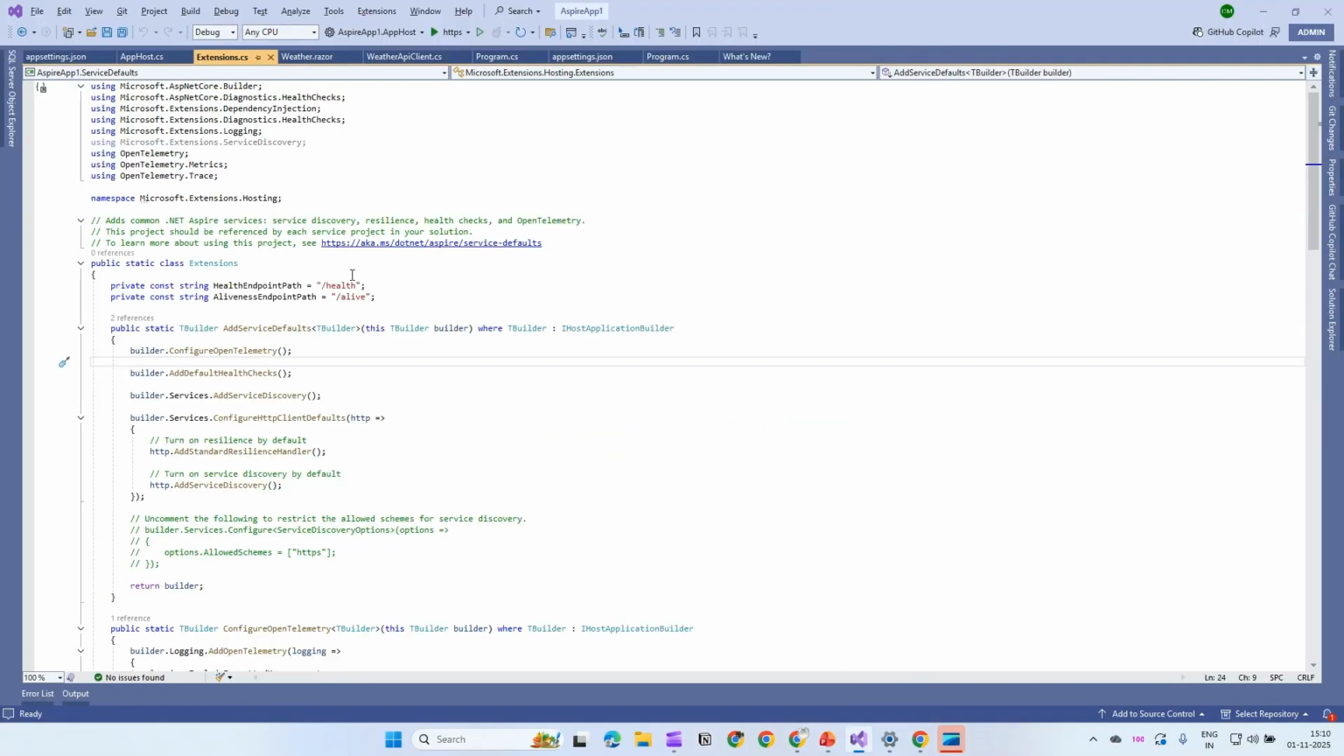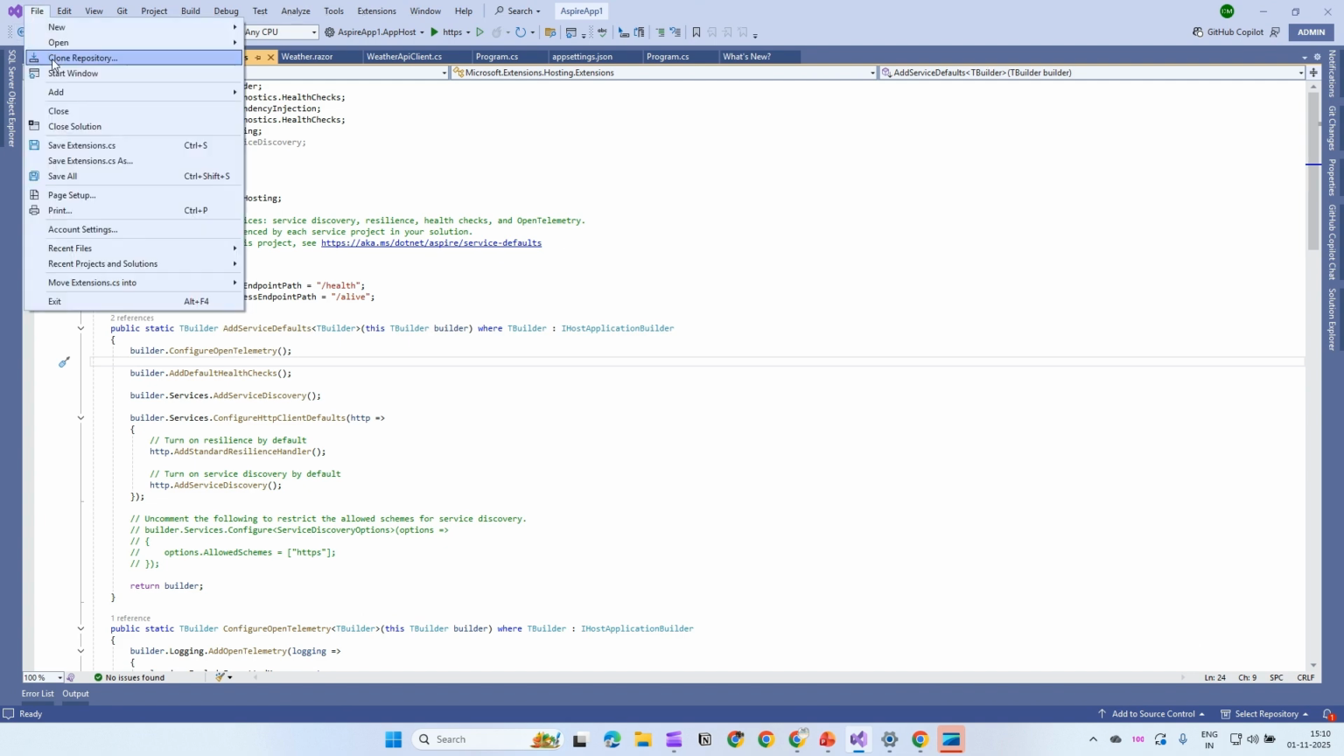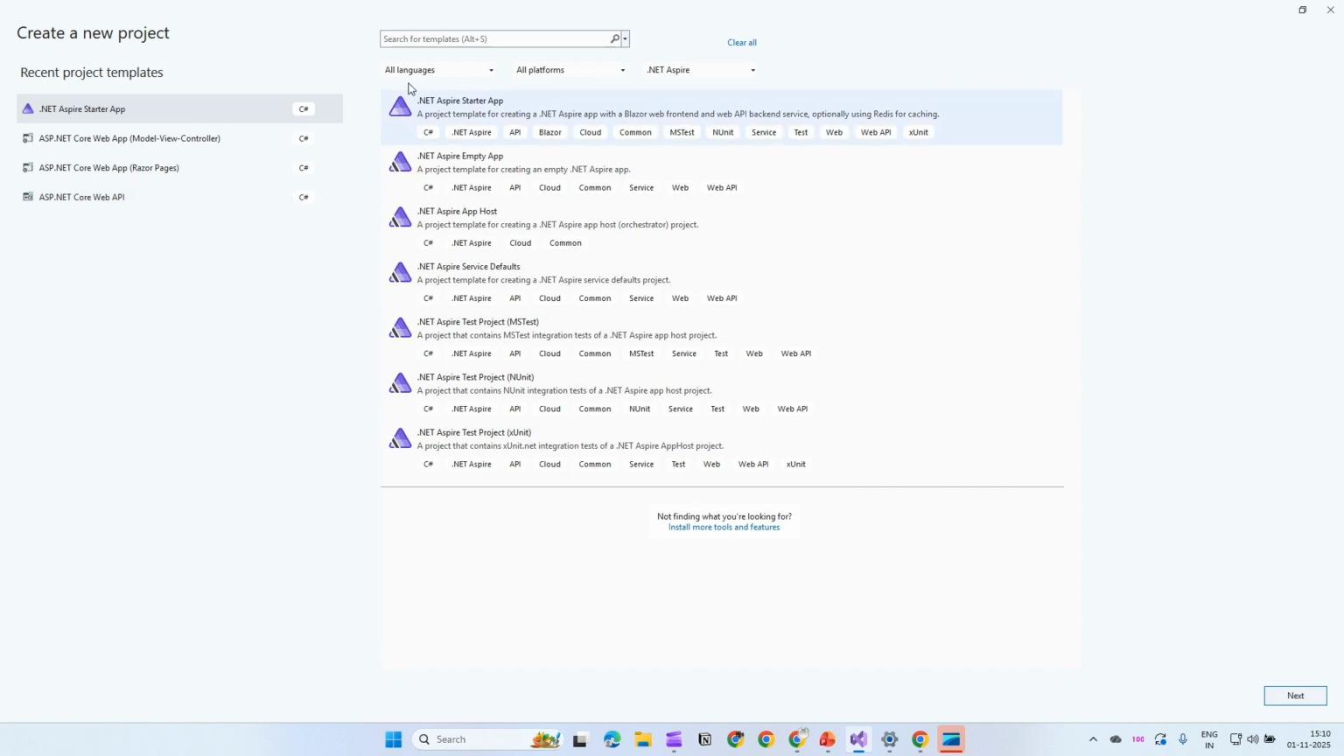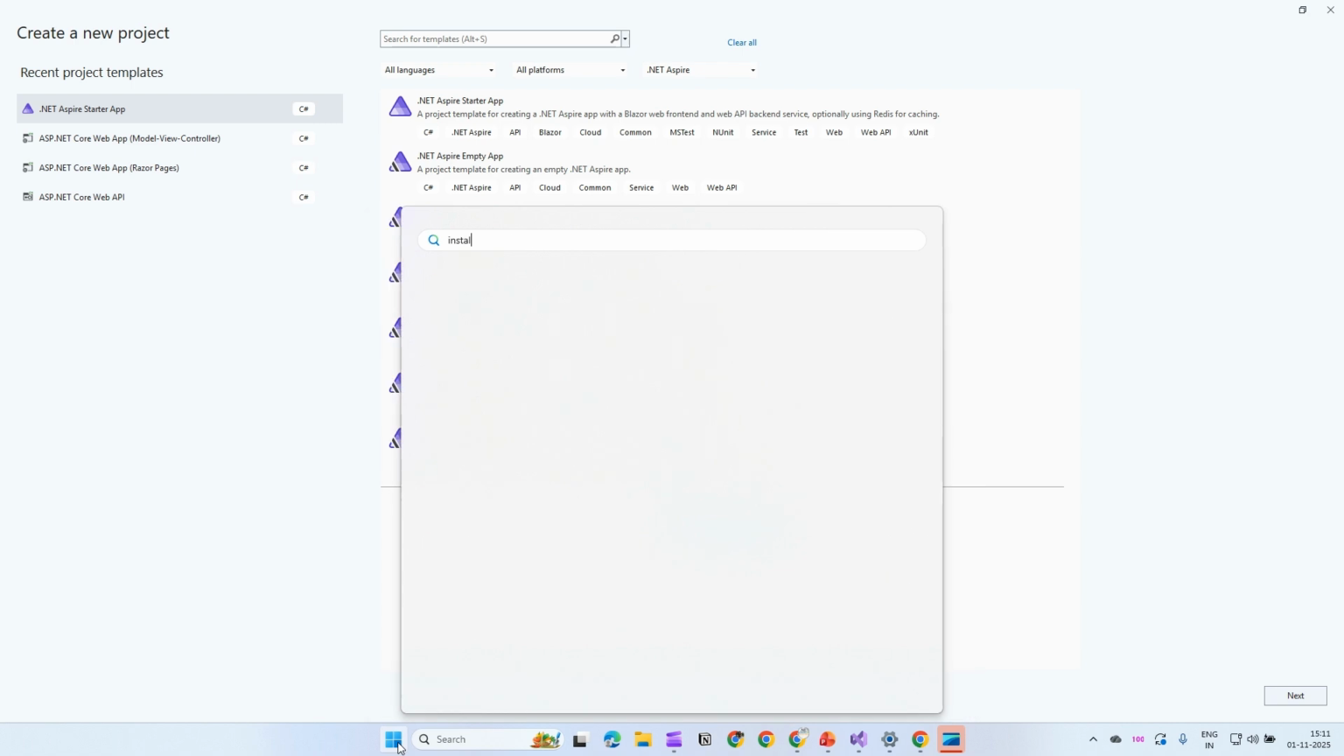Let me open Visual Studio. Let me create a new project. And if you look here, I already have the Aspire templates. Let's say if you don't have Aspire installed, what you could do is go to the installer,